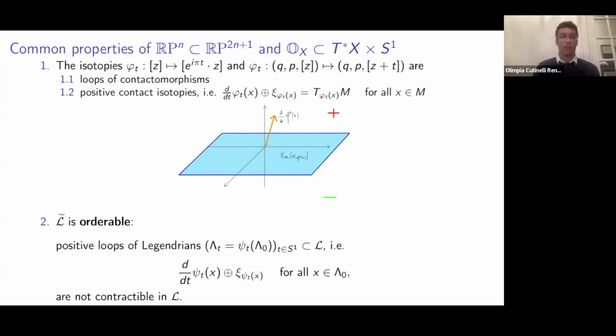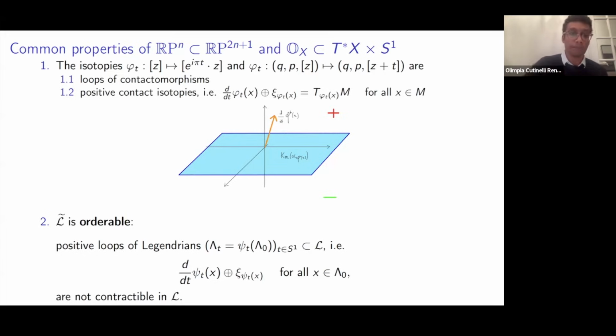Another thing that was very important is that when we were applying the Reeb flow to a Legendrian, we were getting a loop of Legendrians, but these loops of Legendrians were not contractible. Because if they were contractible, then the distance would not change. I don't know if you remember, it was because we are looking at Legendrian isotopies up to homotopy. So if we have a loop which is contractible, then we just don't see it. So it was very important that these loops of Legendrians were not contractible.